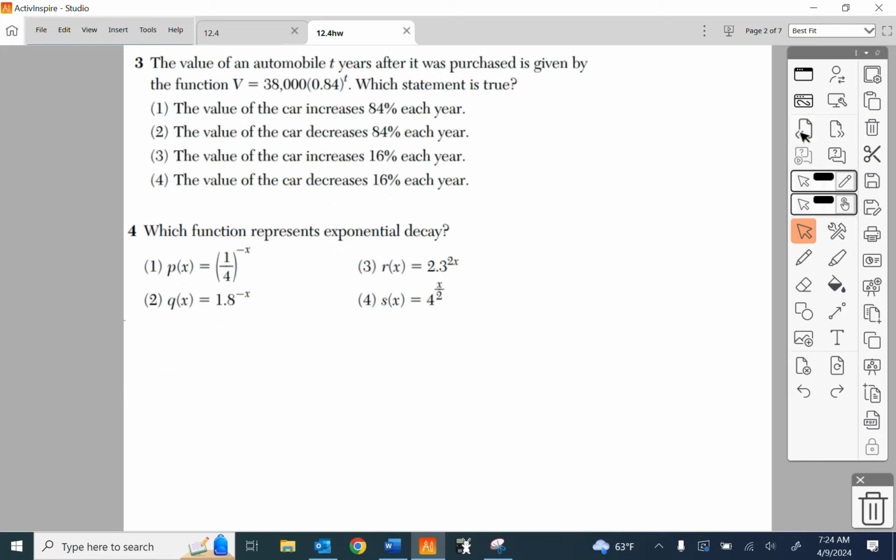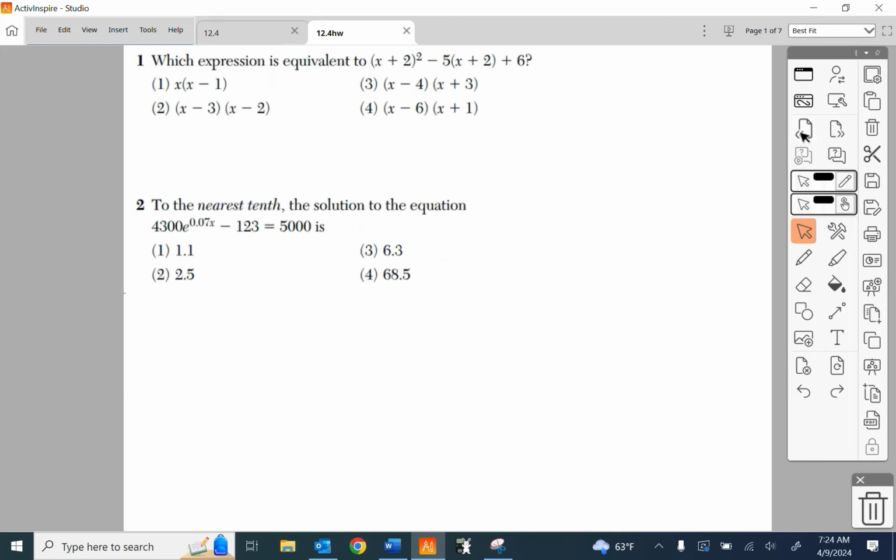What do we got here? We got 12-4 homework, binomial distribution, starting off with all your end of course stuff. You have to show as much work as possible on these. So the first one up here, which expression is equivalent to this,